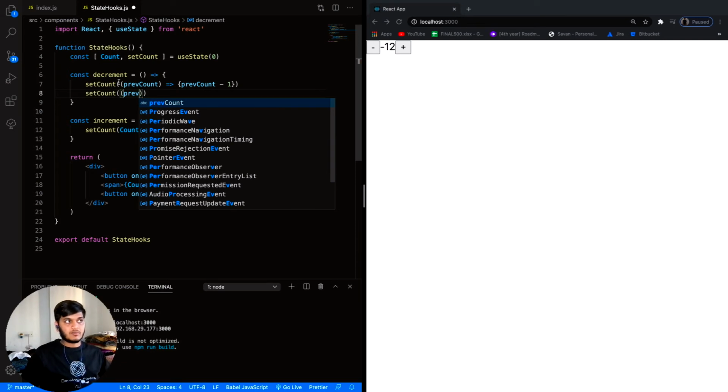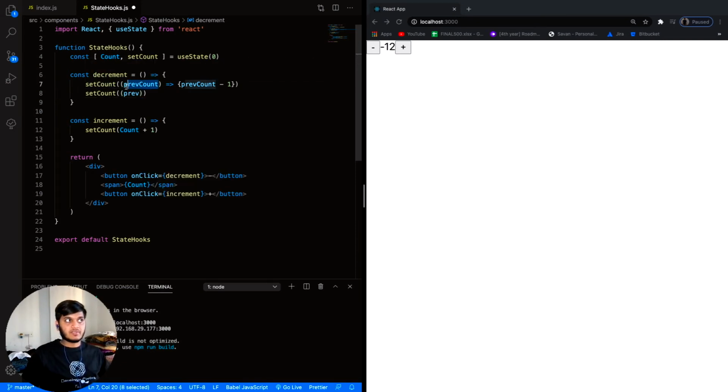Like let's say here I am setting the count, and in place of the previous count, the value of this count will be passed to me. Okay, and the benefit of this is that whenever we are doing count - 1 here 2 times, the value of the initial count was taken from here both times. Let's say the initial value was 0, then here it was doing 0 - 1, and again here doing 0 - 1. So instead of doing that, here we are creating a function, and inside of that I am doing the - 1, so it will update the count value after the completion of this line. Okay, so let's say here previous count